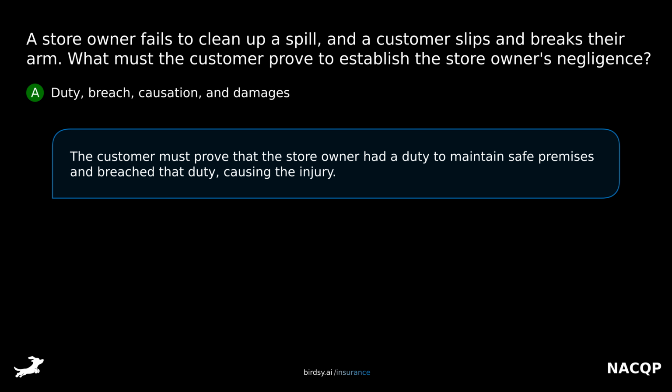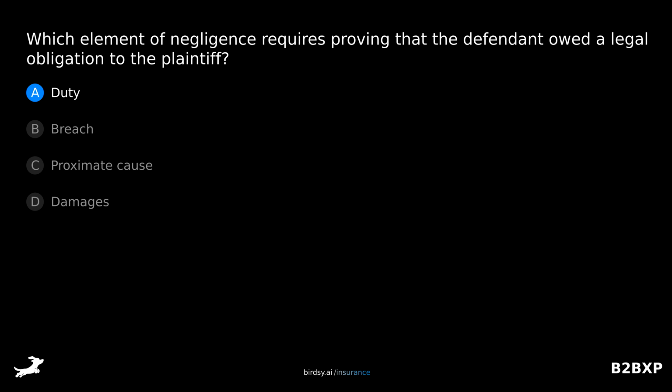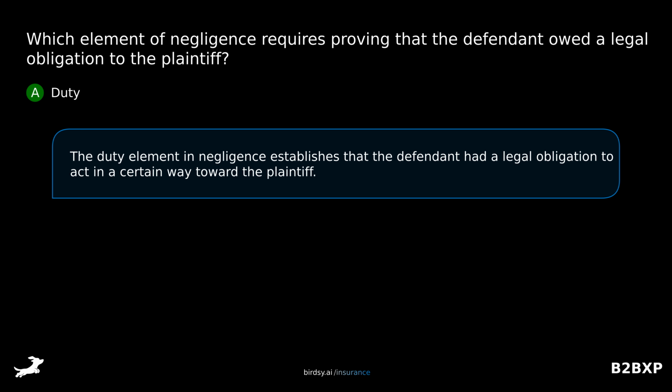the injury. Which element of negligence requires proving that the defendant owed a legal obligation to the plaintiff? Is it A, duty, B, breach, C, proximate cause, or D, damages? The answer is A, duty. The duty element in negligence establishes that the defendant had a legal obligation to act in a certain way toward